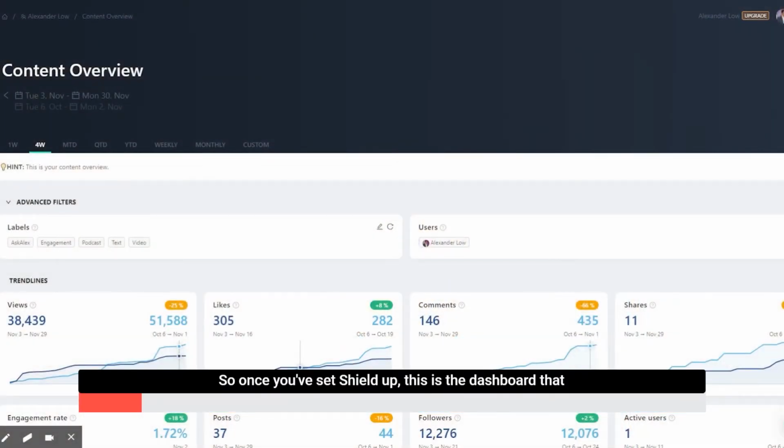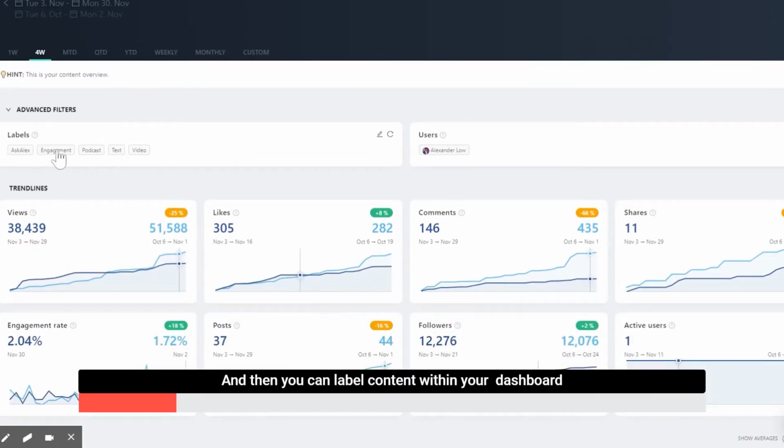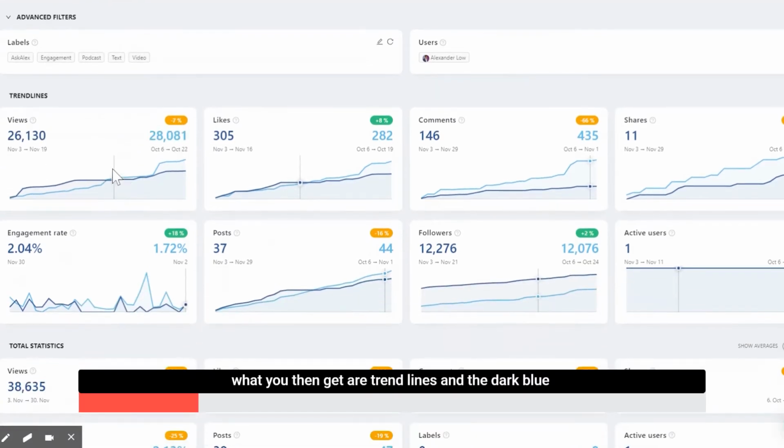So once you've set Shield up, this is the dashboard that you are presented with, and lots of flexibility around the time frames that you can leverage. So 1 week, 4 weeks, month to date, quarter to date, year to date, weekly, monthly, and so on. You can create your own custom fields as well. And then you can label content within your dashboard, so you can start to label the particular post based on what it is. What you then get are trend lines, and the dark blue line is the time period